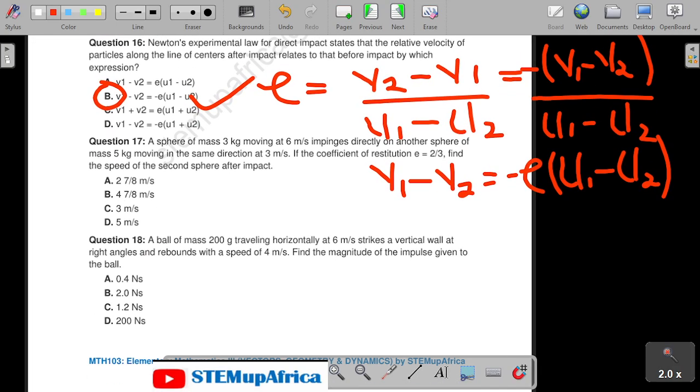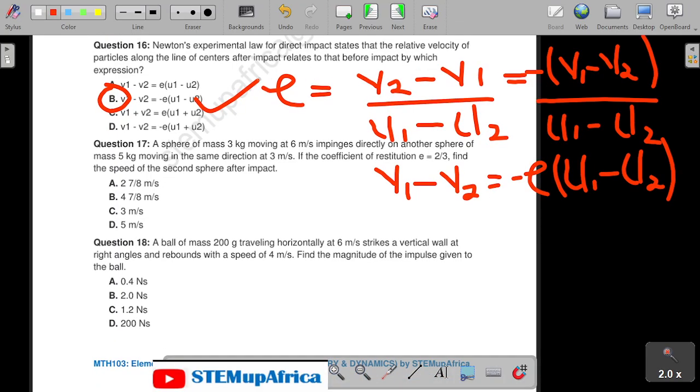So let's see. It said a mass of these, moving with velocity of this, impacts directly on another mass of these, moving in the same direction as this. It said the coefficient of restitution is 2 over 3. Find the velocity of the... So we're having 2 over 3. If I go by the formula, 2 over 3 equals v2